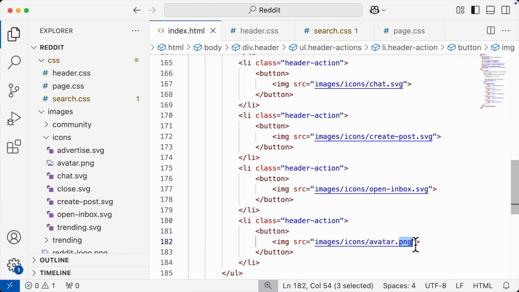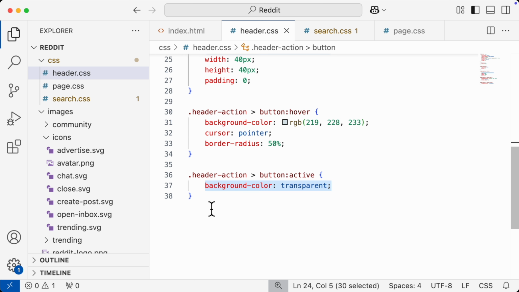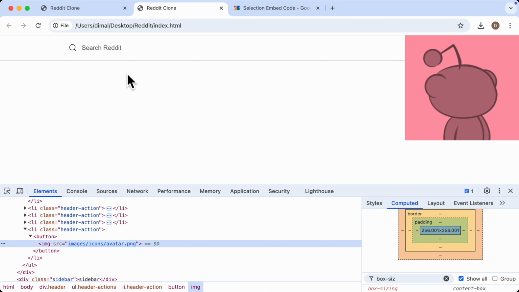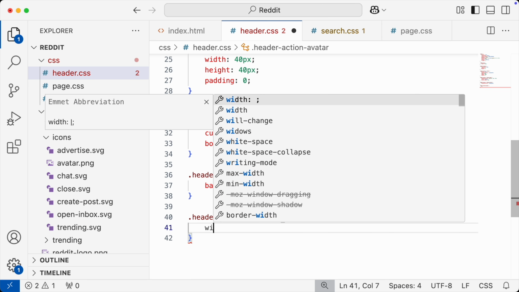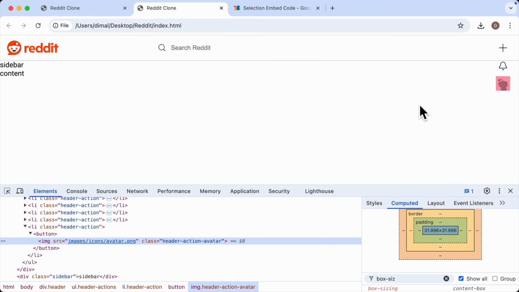Now to target specifically the avatar image and not the rest, let's add a class here. It's going to be header action avatar. And then we'll copy the class and add a new CSS rule that targets the class. And remember that we want to set the width to 32 pixels. So let's write width 32 pixels here, reload the page. Great. Now the image has the right size,